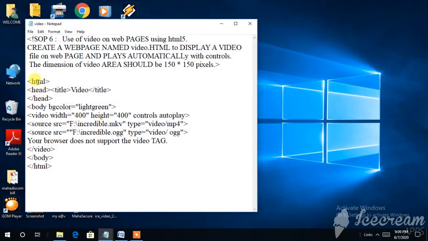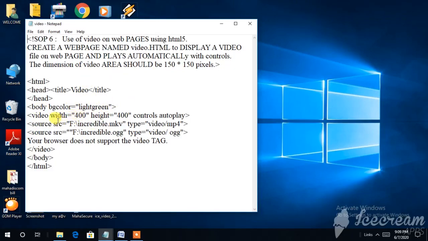What I have given is HTML, head, top. This is not applied; you can write directly from HTML till body. Now I have given a background so that it looks plain. It was white, so the concept was not clear, so I made it light green.